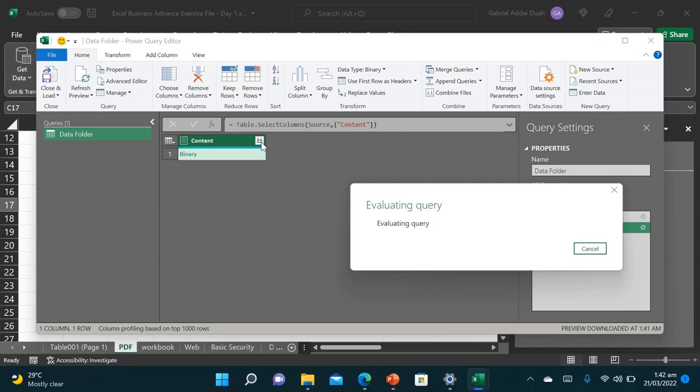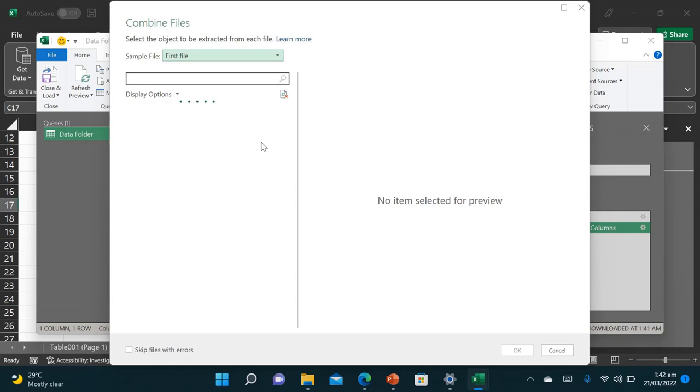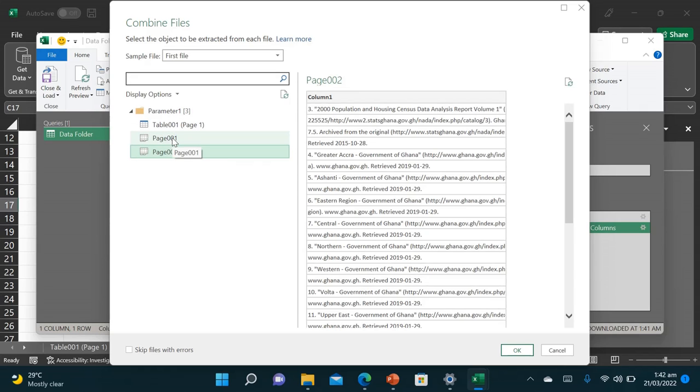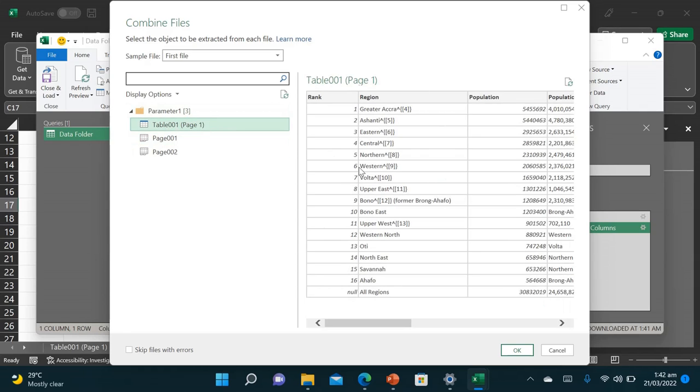I click on that Combine button, and it is evaluating my query. And let's see what happens in a few minutes. Wow. The Navigator window opens again, and just like we did in the first instance, I have those options again, and luckily for me, my table is in the first option, and bingo, I can just hit OK,